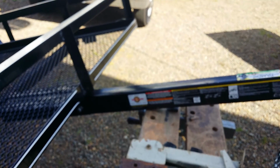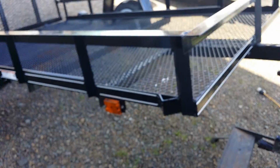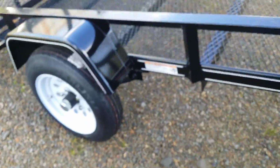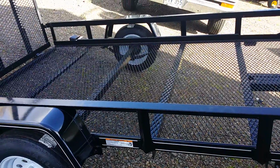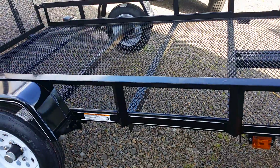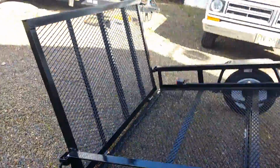And today we're doing a few upgrades to my brand new 2017 carry-on trailer. So I picked this up last week. I've been looking for a trailer for a couple of years that was all metal. I was trying to buy a used one, not spend a bunch of money. But everybody that has a used one thinks they're gold for some reason, and just wants a ton of money